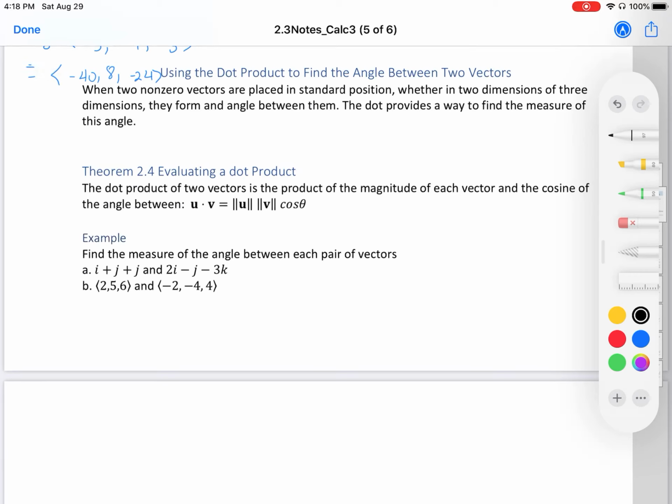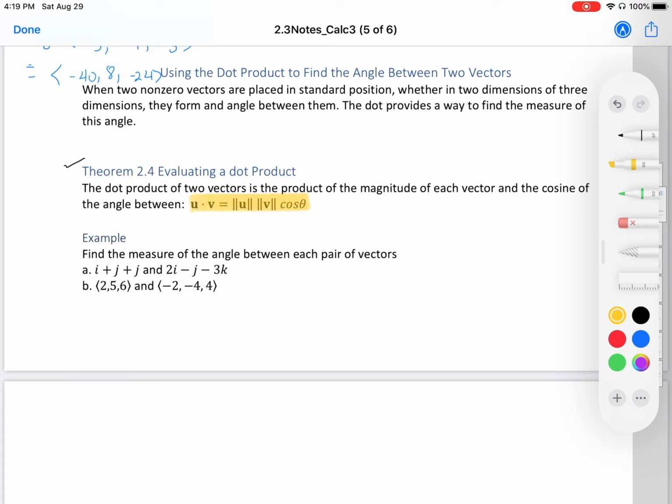Using the dot product to find the angle between two vectors. When two non-zero vectors are placed in standard position, whether in 2 dimensions or 3 dimensions, they form an angle between them. The dot product provides a way to find the measure of the angle. Theorem 2.4. Evaluating a dot product. The dot product of two vectors is the product of the magnitude of each vector and the cosine of the angle between them. And our formula for that